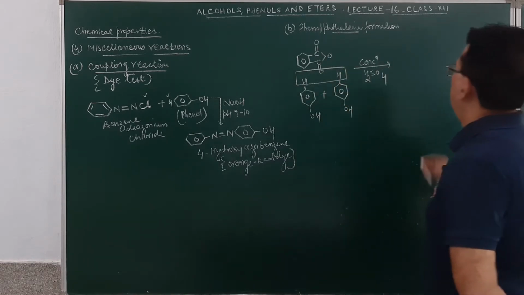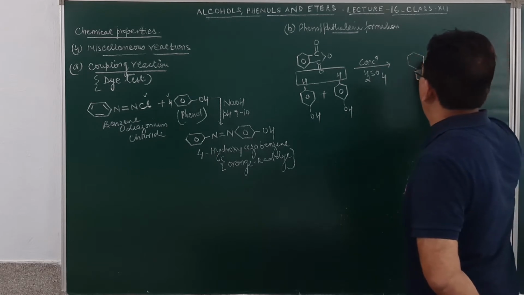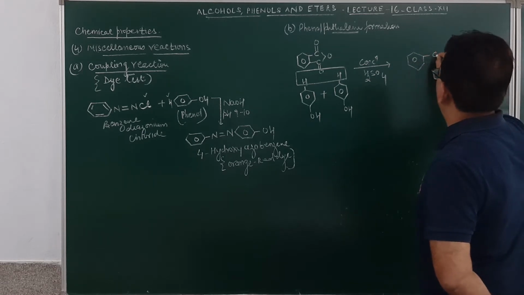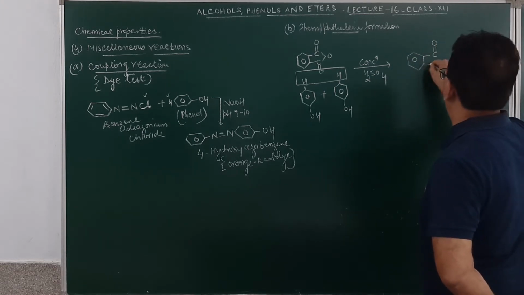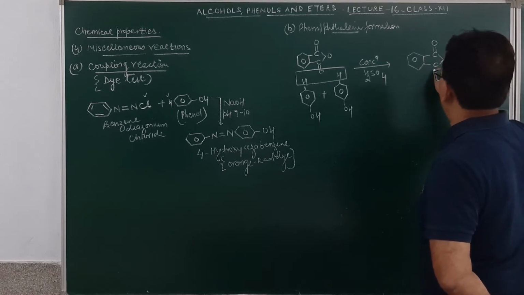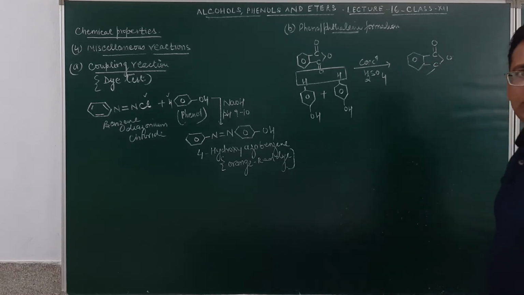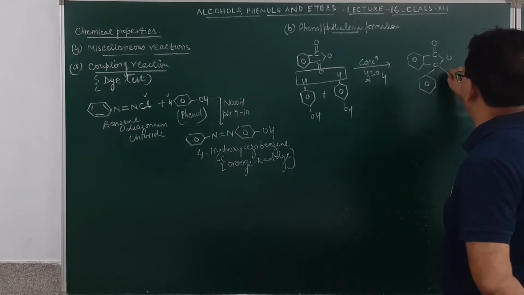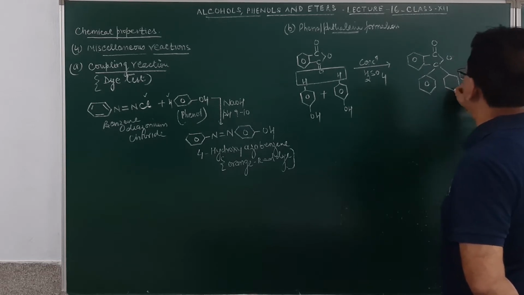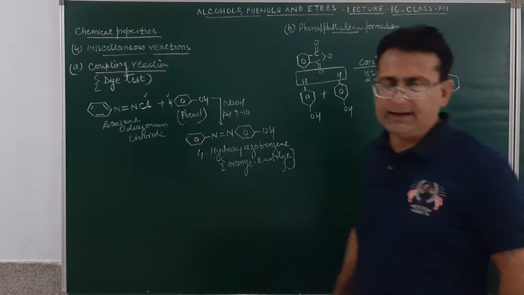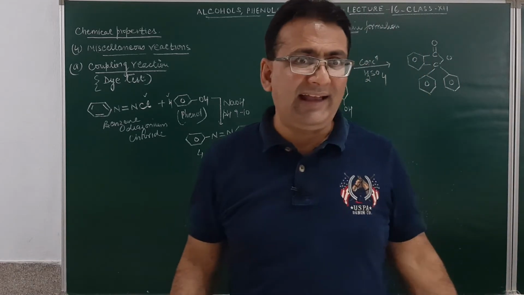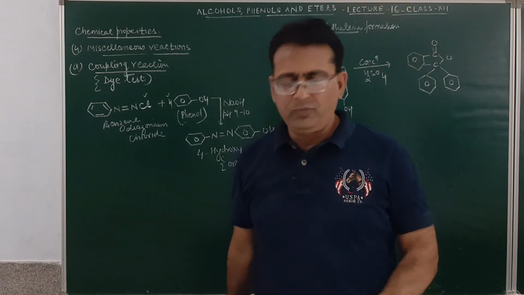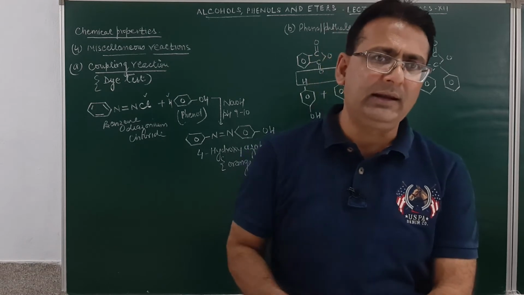Am I clear? And this will result in the formation of the phenolphthalein indicator. By now you have heard the name of phenolphthalein. Today you will be seeing its structure. Student, this is a phenolphthalein molecule which is used as an indicator. In class 10th also you have seen that with acidic solution it remains colorless, whereas with alkaline solution it changes to pink in color.